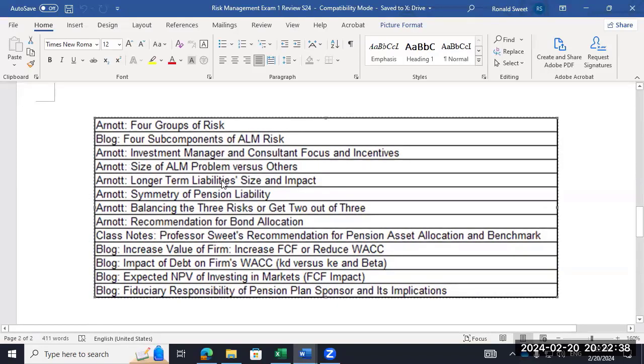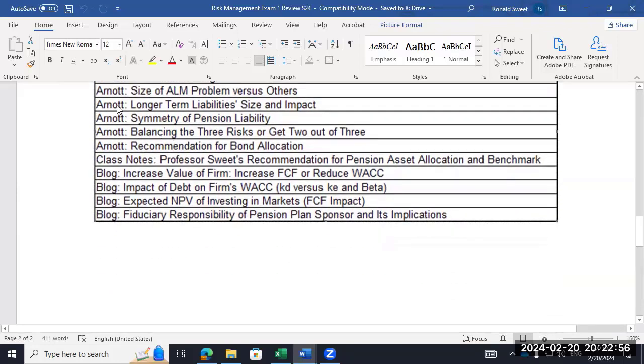So the largest one's ALM. He gives you some numbers in the article you should put in there, even though they're dated. All right. But why do people focus in on career risk? Peer risk, not career, but they focus on peer risk because it influences career risk. All right. And then these 2 right here, if you know how to discount $500 for 3 years and 30 years, you can use my exact formula to do that.